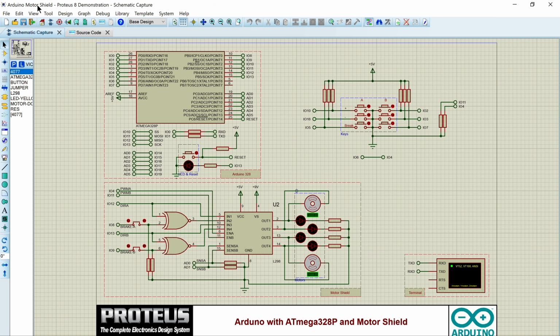After opening the sample project for the motor example, this is the schematic capture containing Arduino 328, some push buttons, which contains a brake key, a motor shield in which we are only concerned with channel A, and a terminal. Channel A, as you can see, has output 1 and 2 connected to pin 2, 3, EA connected to node 11, and input 1, 2.